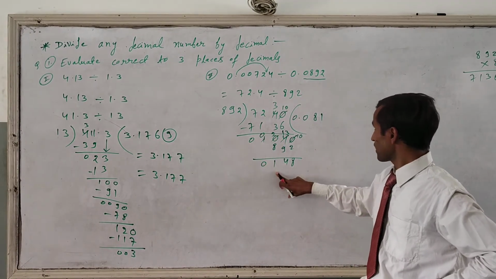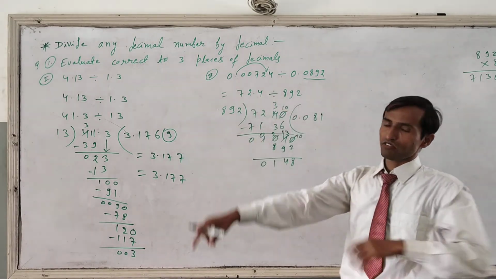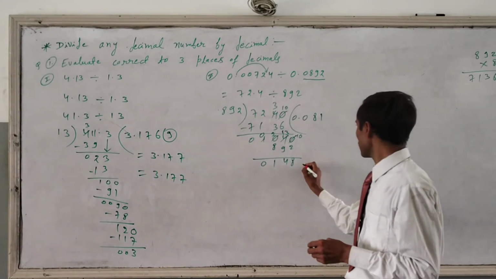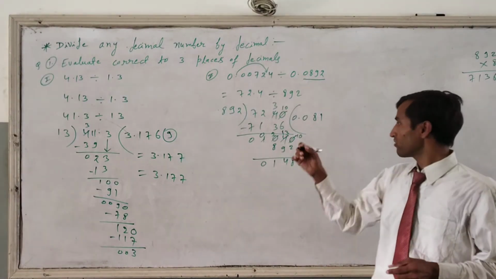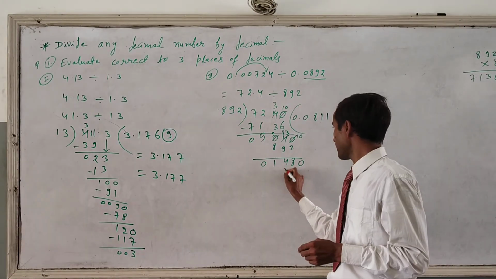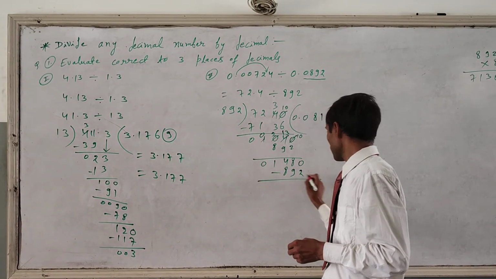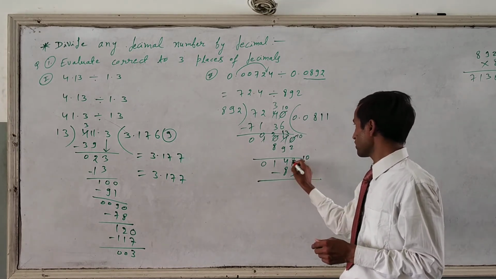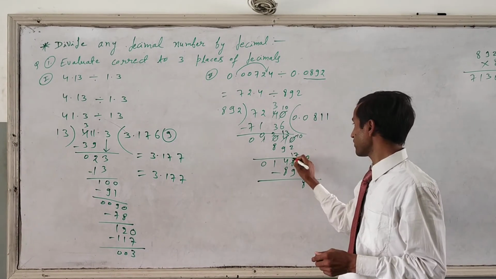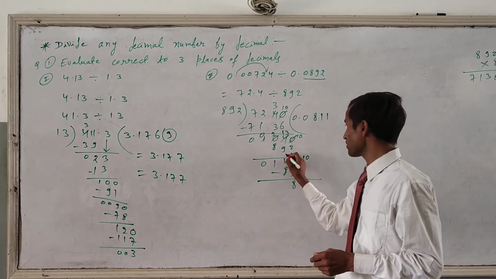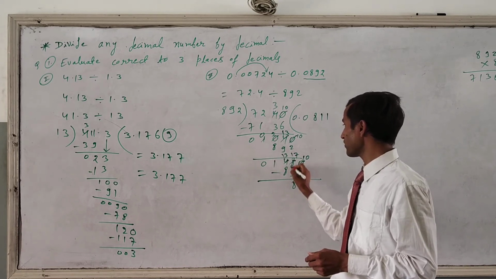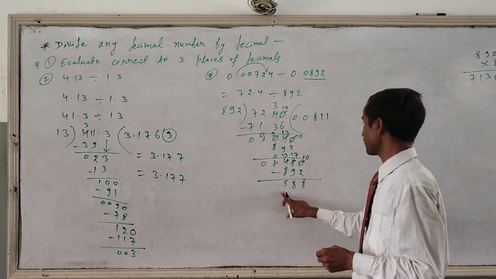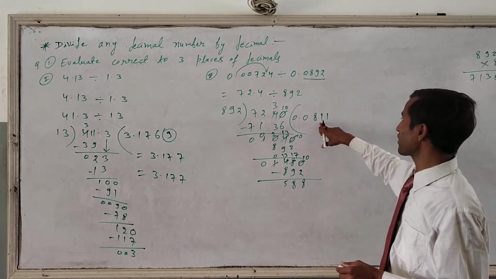Next, again we have to divide, because the question is asking for 3 decimal places. For that we have to go one more decimal place. So we can put one more 0 again and then divide by 1 again. So just write down here 892 and then minus. We have to take a borrow. Again 10 minus 2, 8 will come, and this one is 7, then take a borrow from here, 17 minus 9, 8 will come, and this one is 3, again we have to take a borrow, 13 minus 8, 5 will come, and this one is 0. So the final remainder is 588 and the quotient is 0.811.